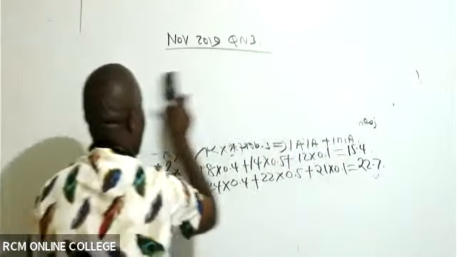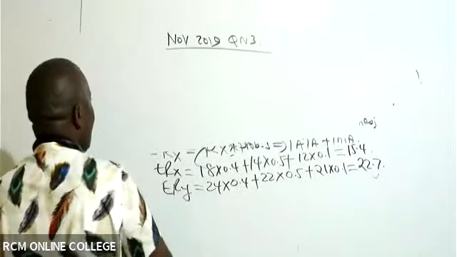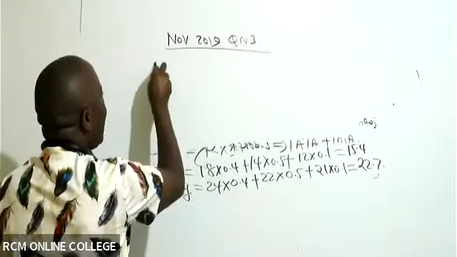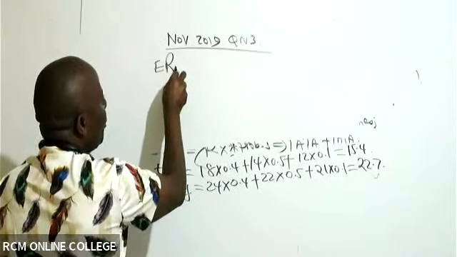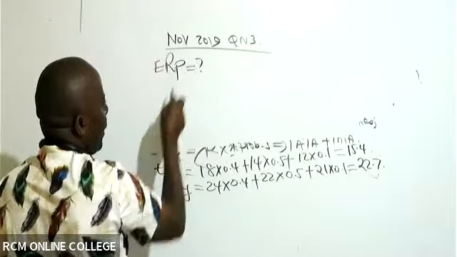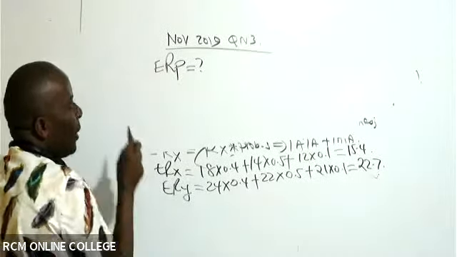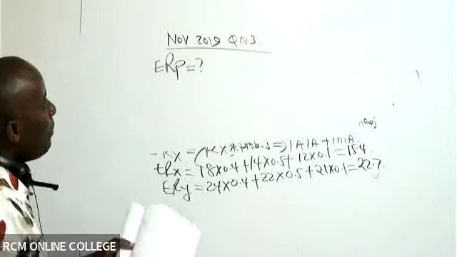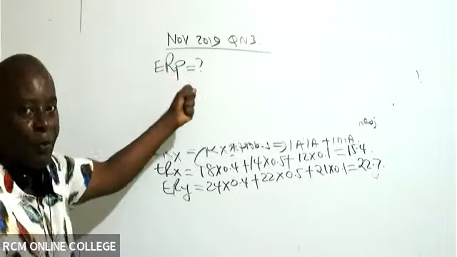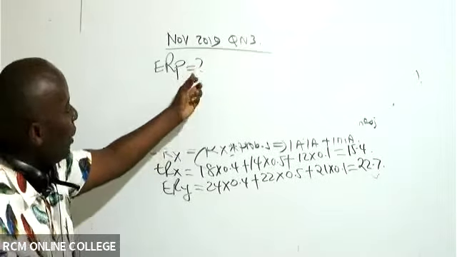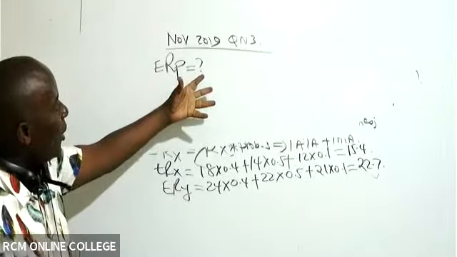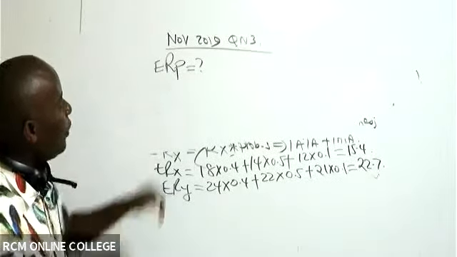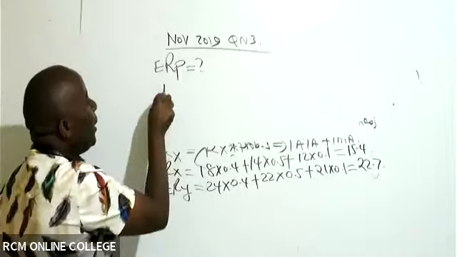How do we get expected return of the portfolio? To get expected return of the portfolio, you have to write this in full at first. You write expected return of the portfolio. You see, a portfolio is a combination of different assets. Like now we're combining X and Y. So to be able to get this expected return of the portfolio, this is really easy.